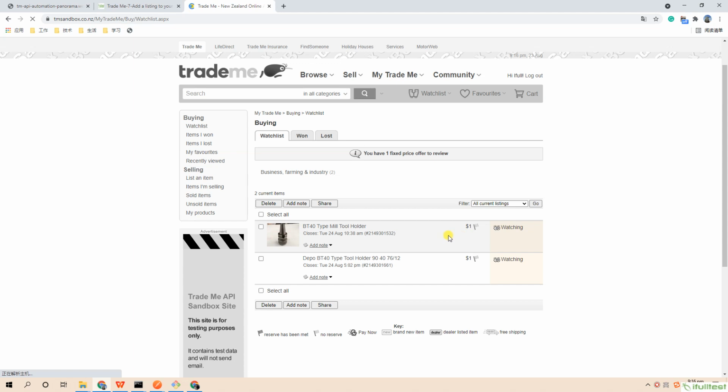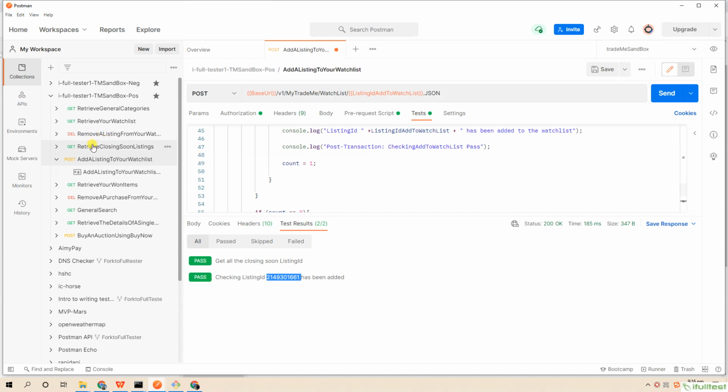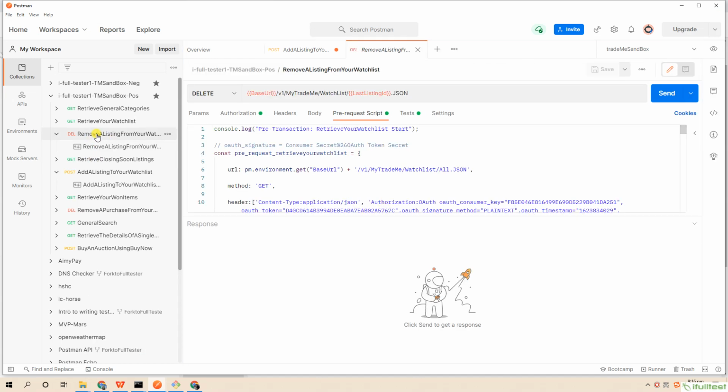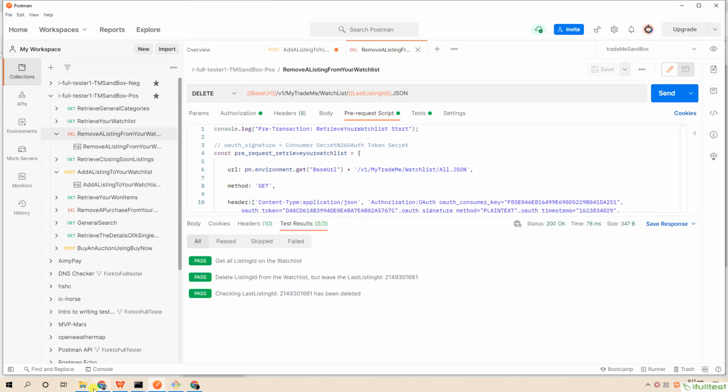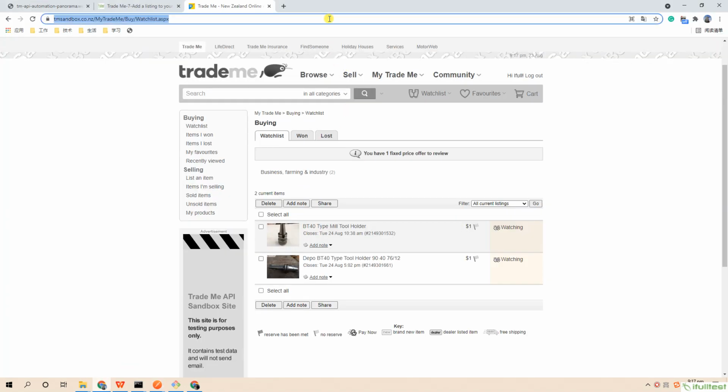See, we have two items on the watch list initially. Run a script to remove all the items. Refresh.